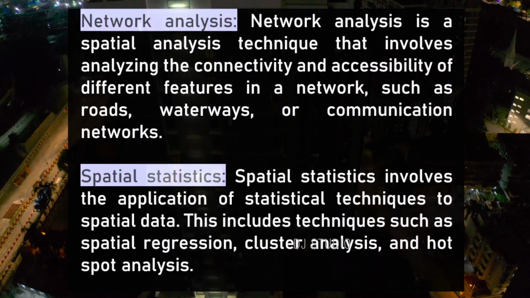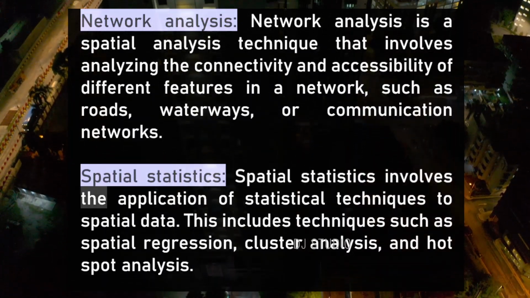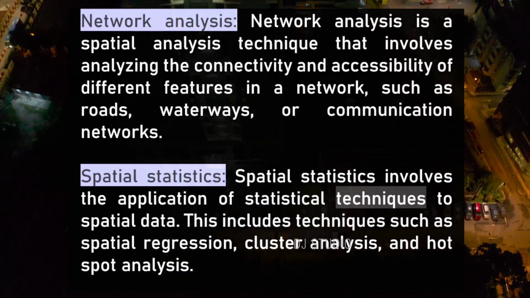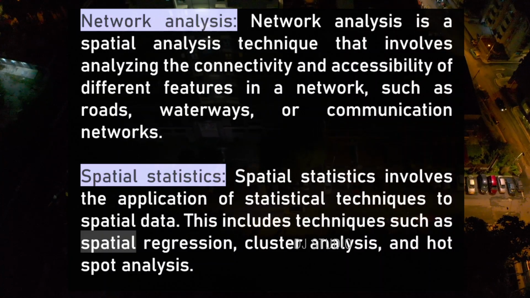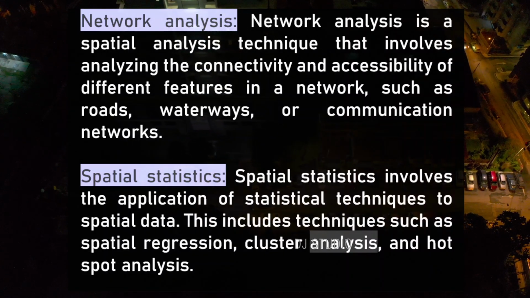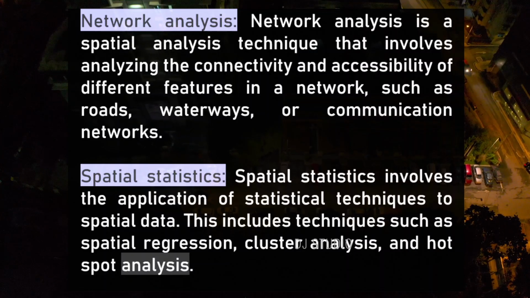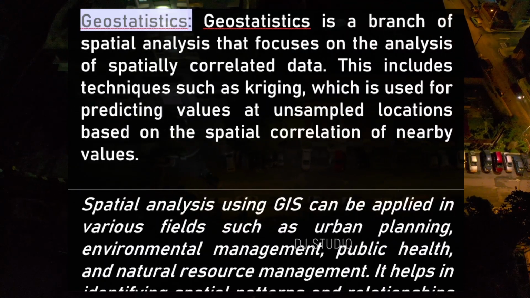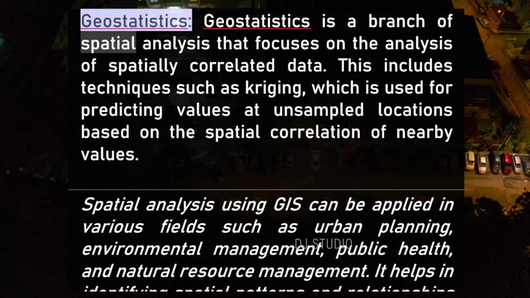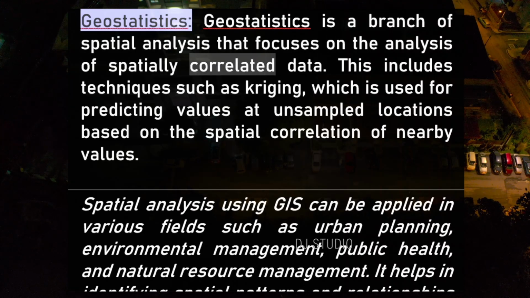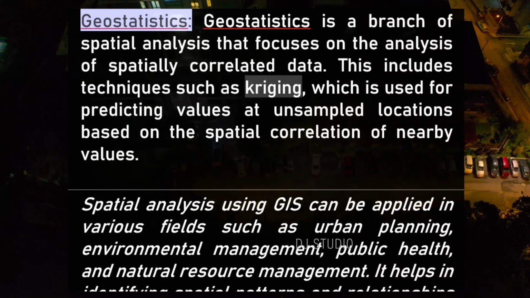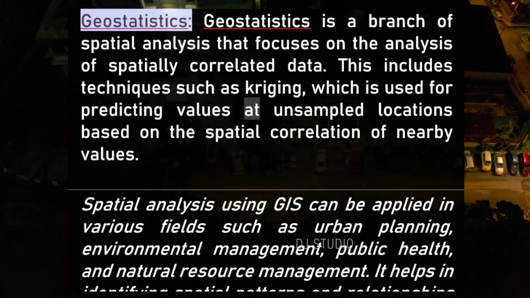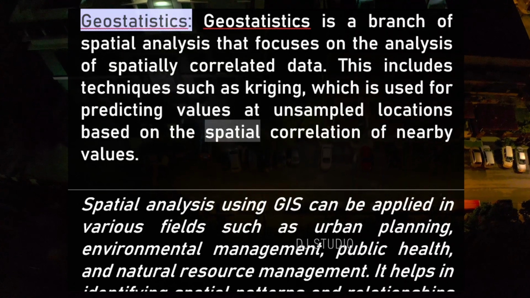Spatial statistics. Spatial statistics involves the application of statistical techniques to spatial data. This includes techniques such as spatial regression, cluster analysis, and hotspot analysis. Geostatistics. Geostatistics is a branch of spatial analysis that focuses on the analysis of spatially correlated data. This includes techniques such as kriging, which is used for predicting values at unsampled locations based on the spatial correlation